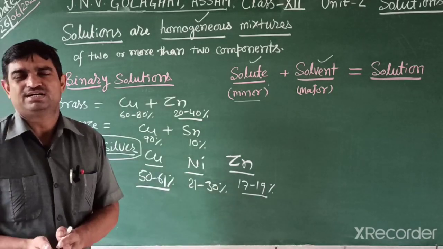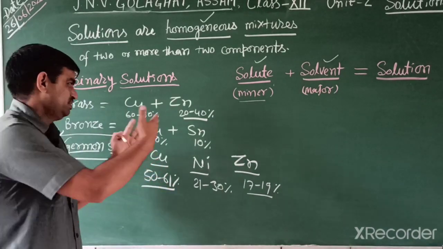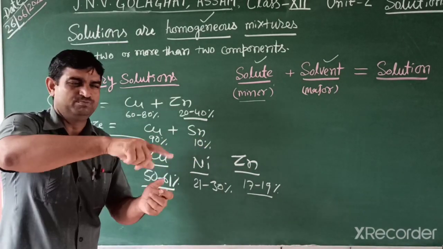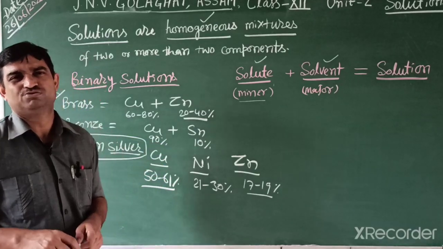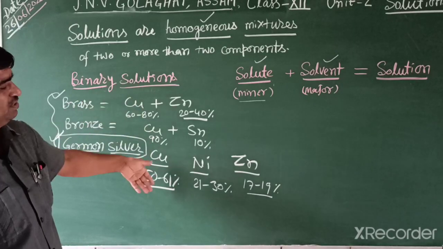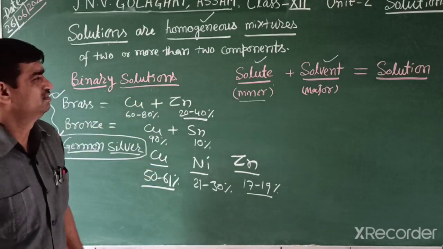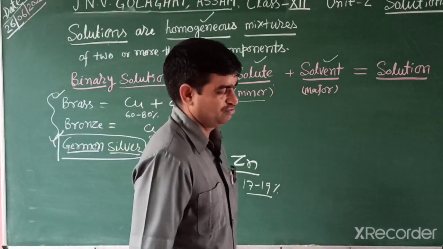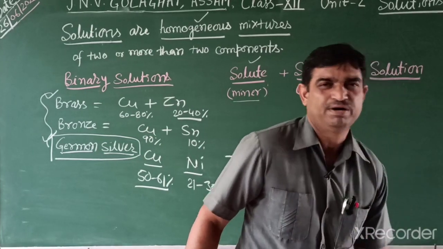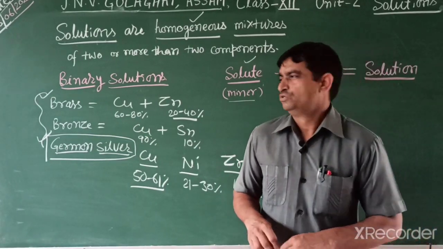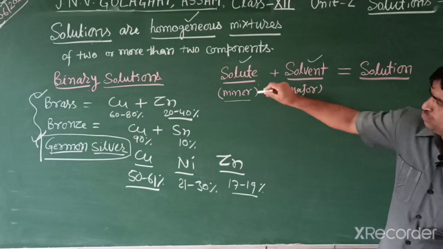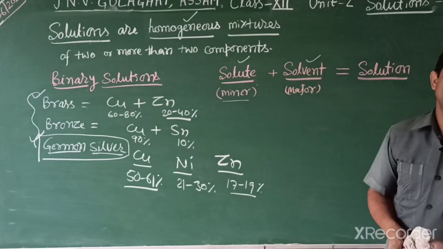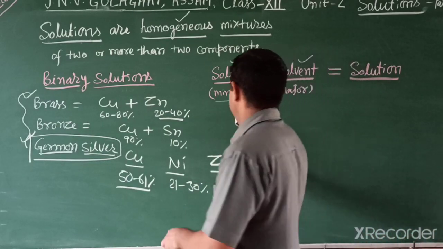First we melt the copper and tin or zinc. When both are liquid you mix them, and when they settle down they change into solid state. You studied this in 10th class. In this chapter, students, at first we classify the solutions. According to physical state, solute and solvent, we can normally divide solutions into three types.